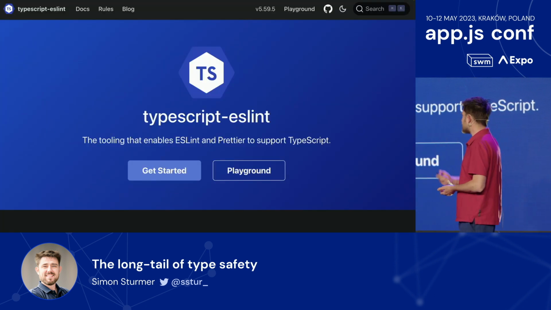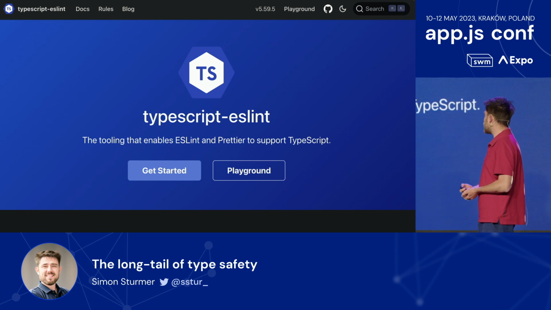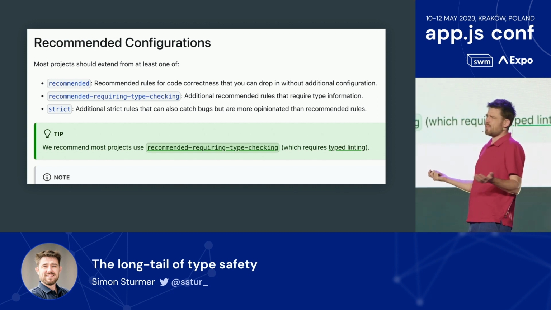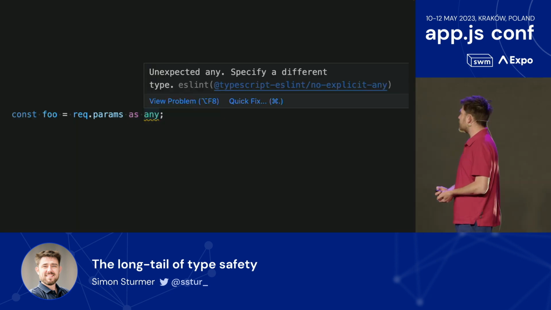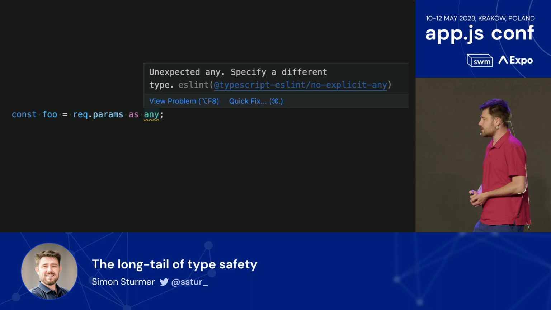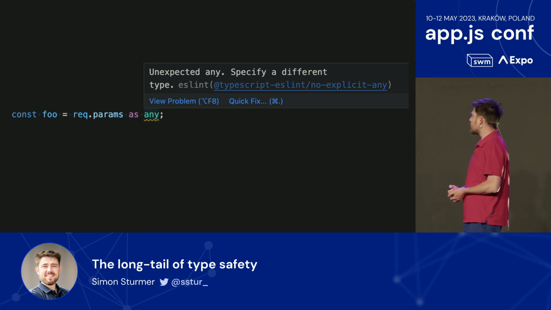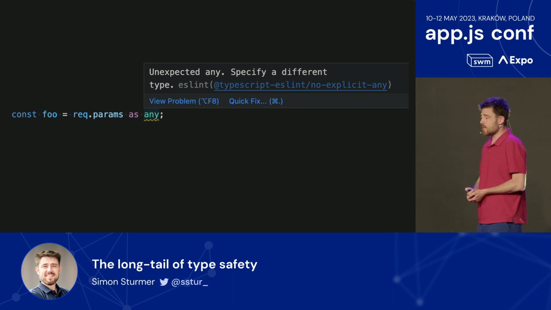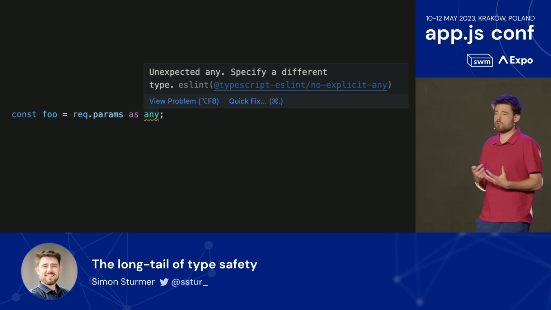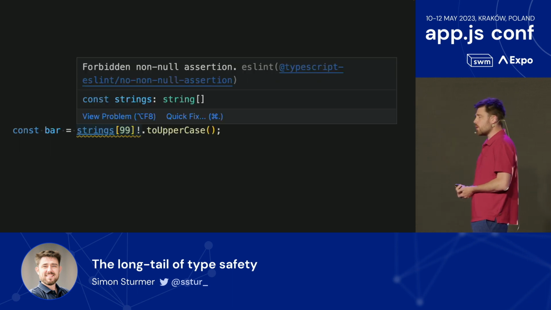So that's where our linting tools come in, and it's really easy. We pull in typescript-eslint, which I'm sure many of you have in your code base, and you turn on the recommended config, or if you're brave, you turn on the strict preset, and you're off to the races, right? These are the low-hanging fruit. This is not crazy, complicated stuff, and then you get the warnings, and it says, don't use any. Now, you can still manually override that. You can disable that if you really need the escape hatch. But I think as a whole, it helps us with our goal, which is to make sure that we have strictness and type safety as a priority in our code base, right?